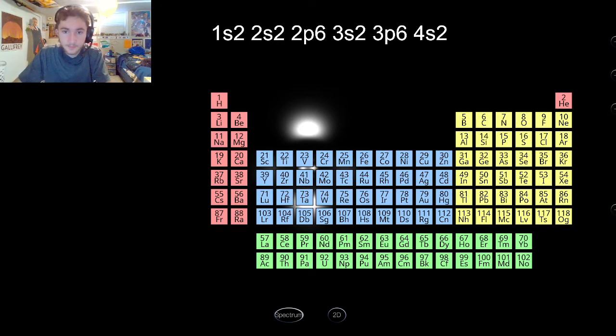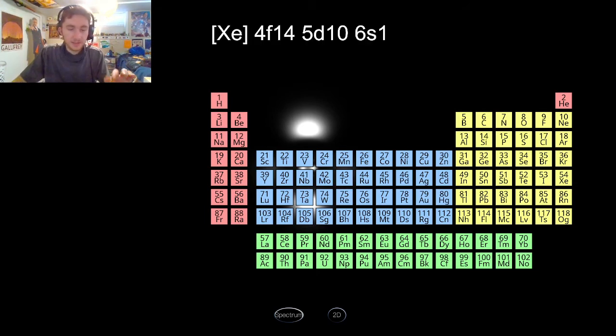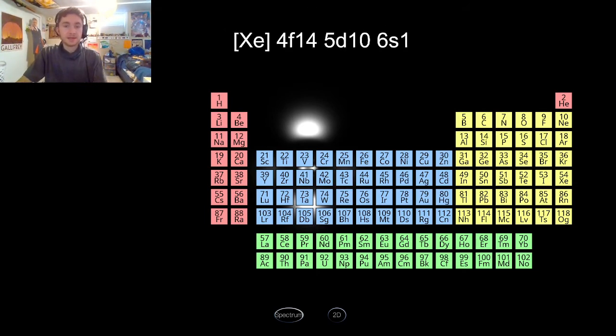Okay, so I'm just going to paste gold's here, and I'll explain what this means. Really, this means you have xenon's electron configuration, which is all of this, but they shorten it down so you don't have to write that out because you can't really read it. And then it goes straight from here